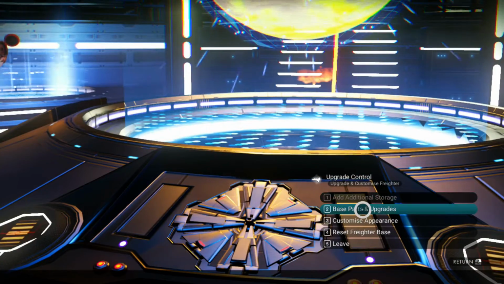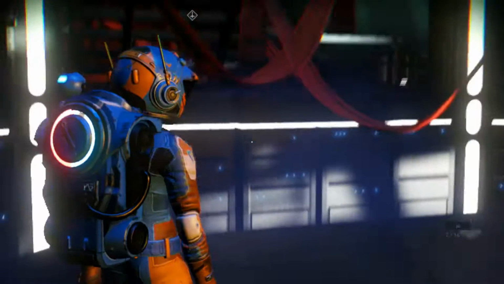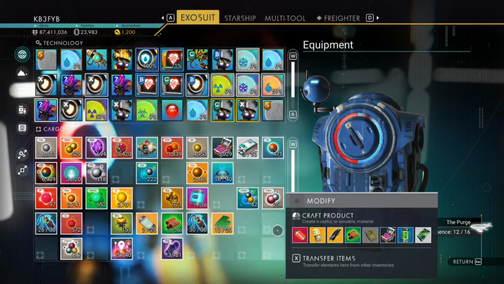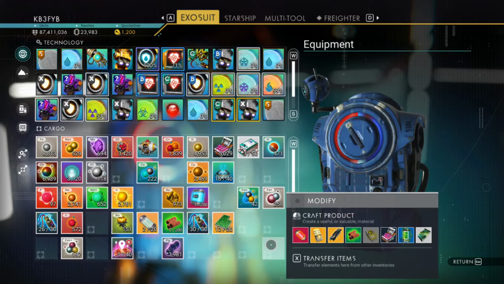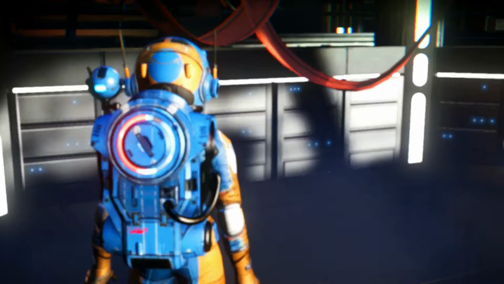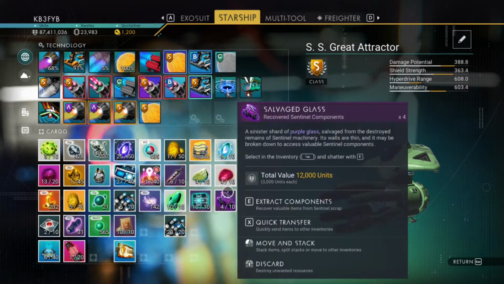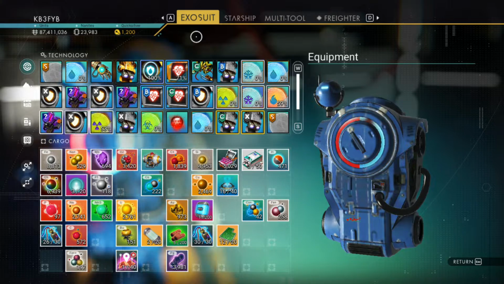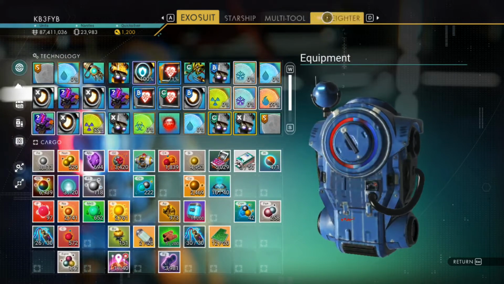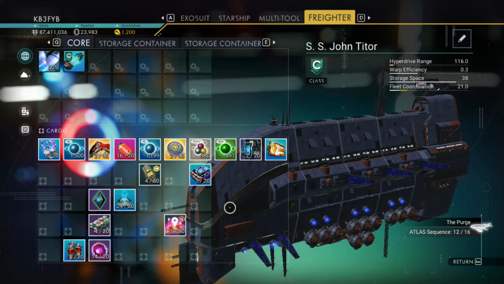And now, I'm going to put in this... Do I really not have... How is this a thing? I got the salvaged... Okay, so it did turn in both missions. So how do I still only have 4 of...